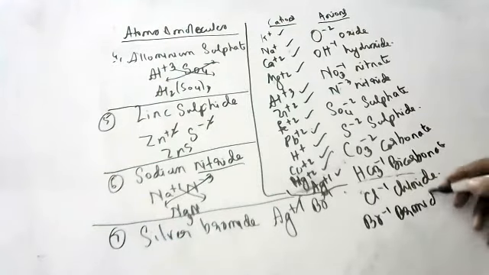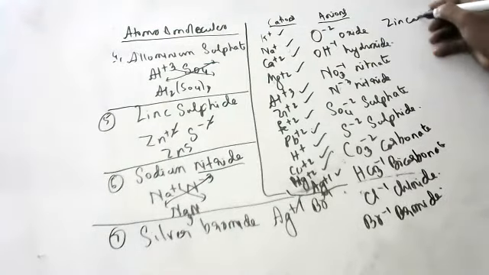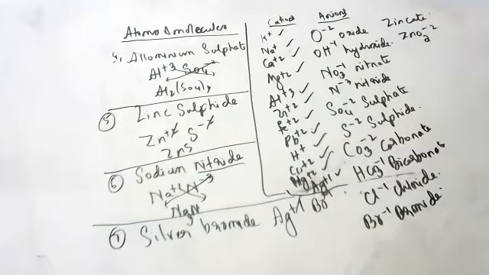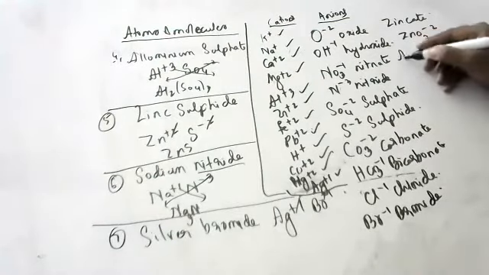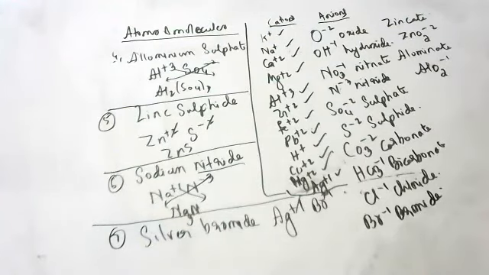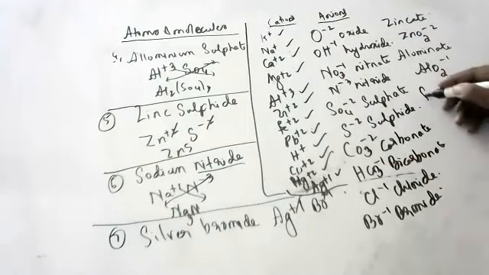Okay, so like this, some of the important ones. When I was teaching you, I also gave zincate and aluminate, children. Do you remember? Zincate is ZnO2 minus 2, sodium zincate, potassium zincate. You will get it in 10th class. Aluminate is AlO2 minus 1. Like this, children, if you learn these cations and anions, first you will understand how to write